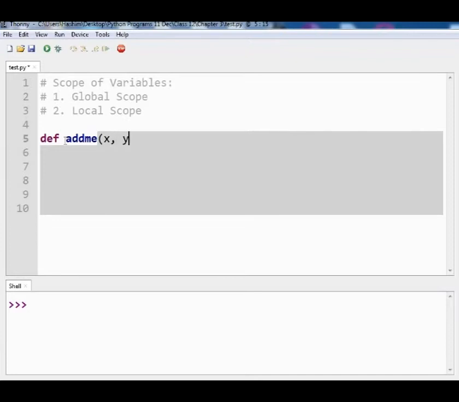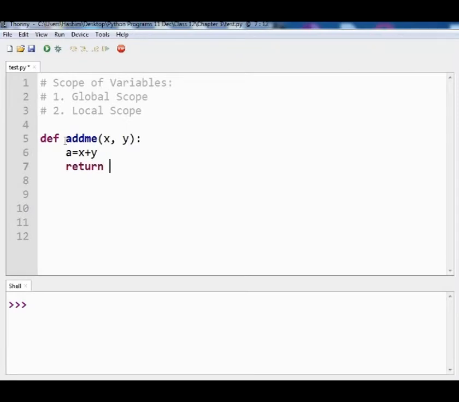where we add two numbers. So for adding two numbers, the program is simple: return a plus b. So this function will use two values, x and y, that we will provide it, and it will do the sum of these two numbers. I hope you all understand these kind of programs now.